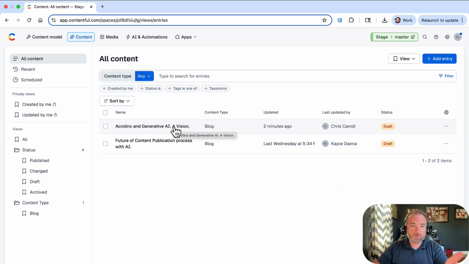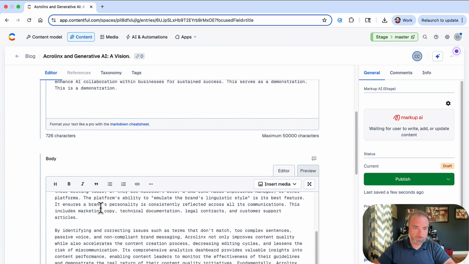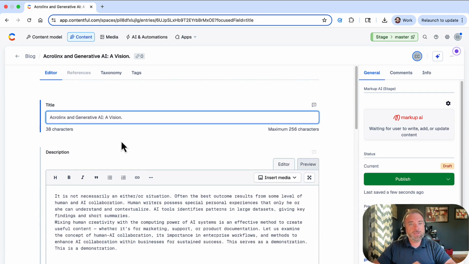So while you're in Contentful, you can come into your content area and select a document to edit. And you'll see here are all your componentized areas that you have configured. For example, we have title, description, body, I think summary is below. As I'm in crafting, I might notice that there is a Markup AI side panel here waiting for me to